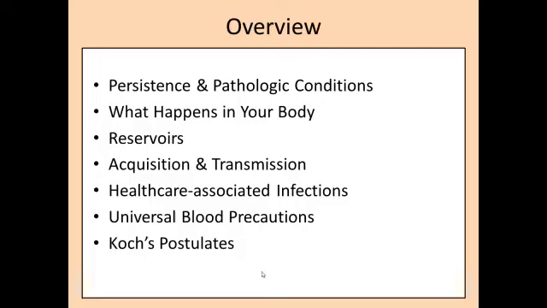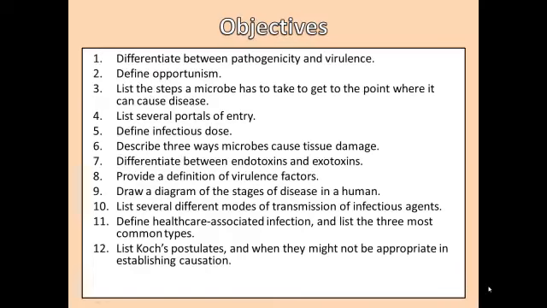precautions, and Koch's postulates. The learning objectives for this topic are to be able to differentiate between pathogenicity and virulence, define opportunism, list the steps a microbe has to take to get to the point where it can cause disease, list several portals of entry, define infectious dose, describe 3 ways microbes cause tissue damage, differentiate between endotoxins and exotoxins,